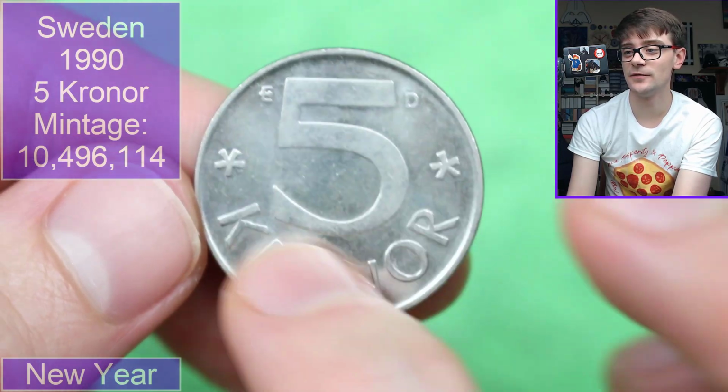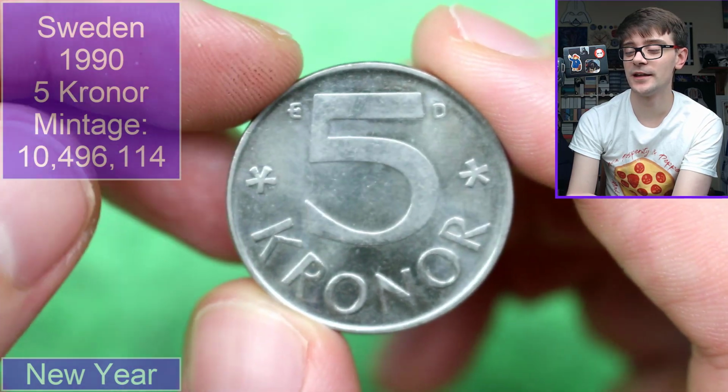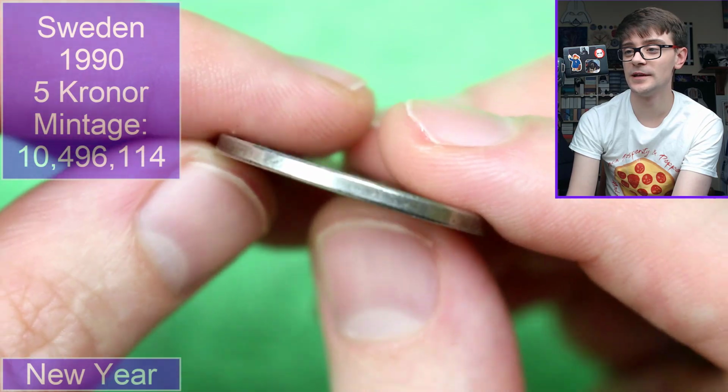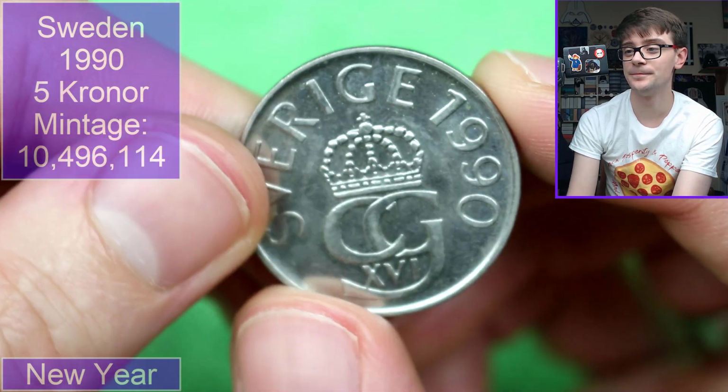It's an interesting typeface. I like that on the 5 there. Yeah, big coin in terms of the coins we normally get. It's just got a flat rim. Pretty cool. Anyway,